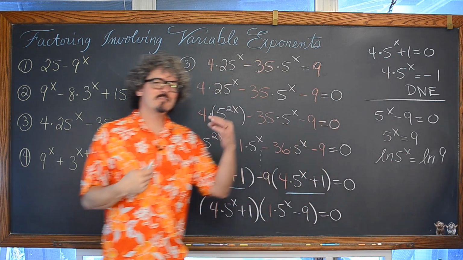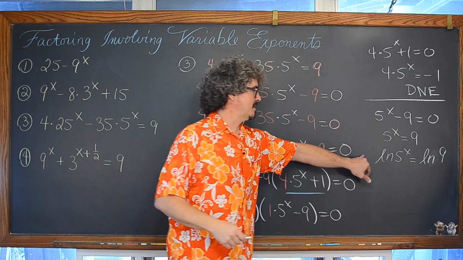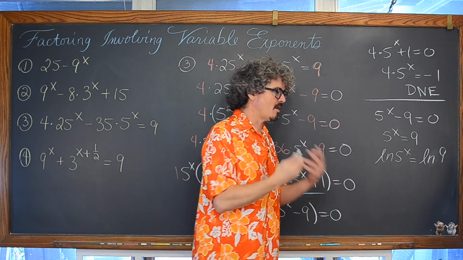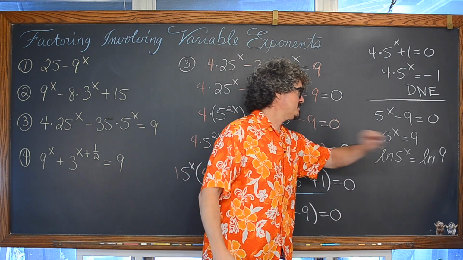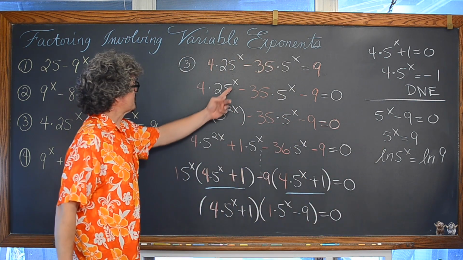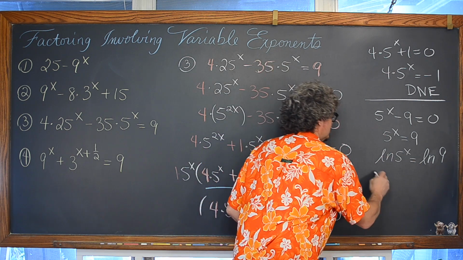Okay, and now we're going to use that power property of logarithms that's going to allow us to take this x and move it out front. Remember, you get exponents from logarithms, and so the natural log of 5 is going to give you an exponent, which is then raised to another exponent. And as we demonstrated earlier, actually in the previous example, we can just bring that stacked exponent down.